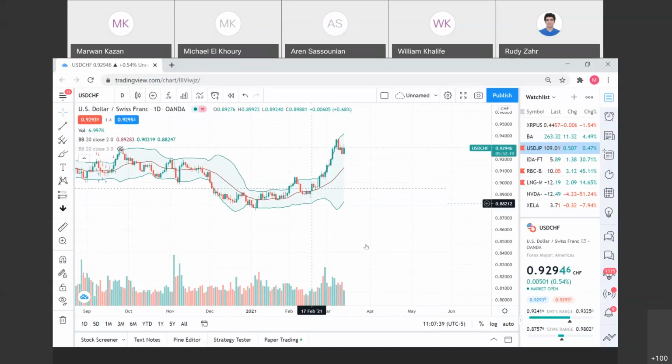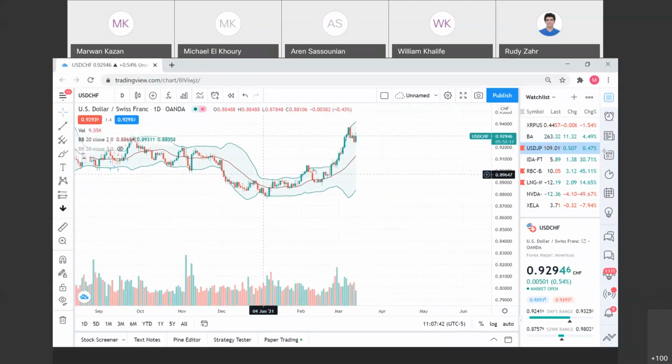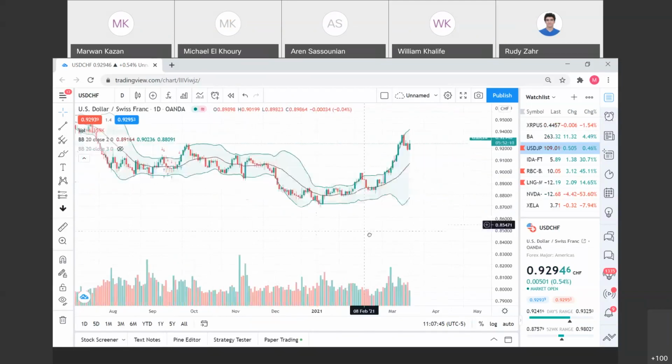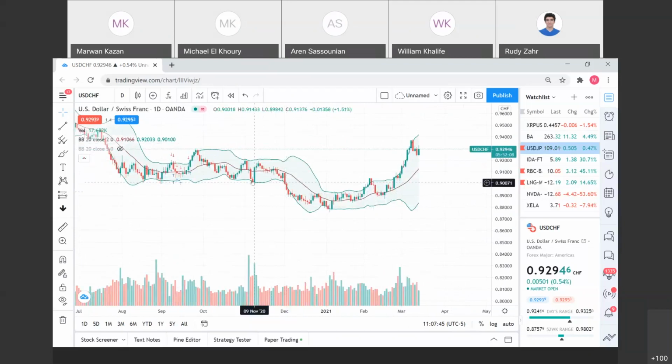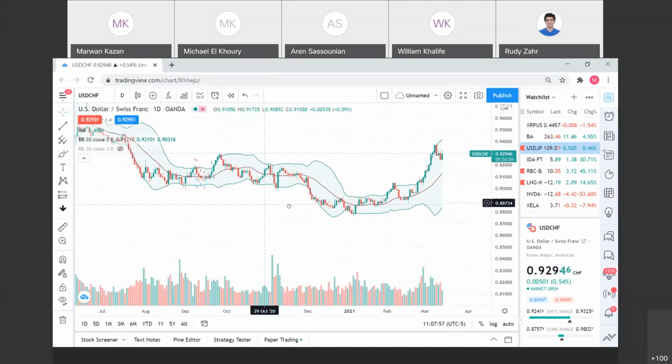Okay, and in reverse, if it touched the upper band, you short. It touches the lower band again. Okay, and let's see another example. It touched here, you sell. You short, you sell. You buy, you sell. Okay,